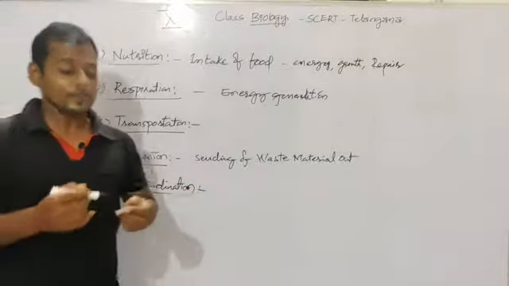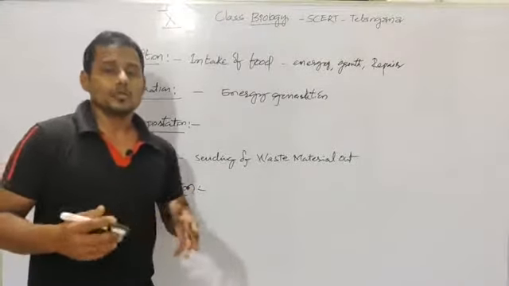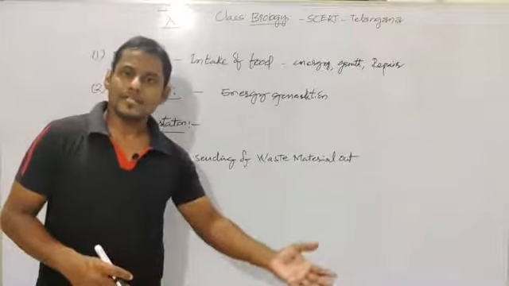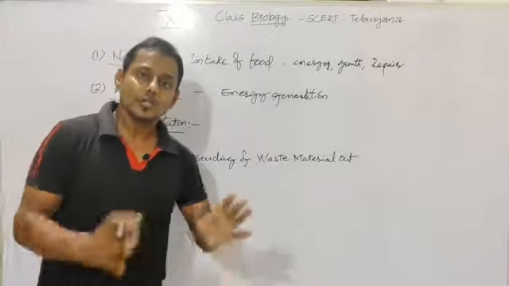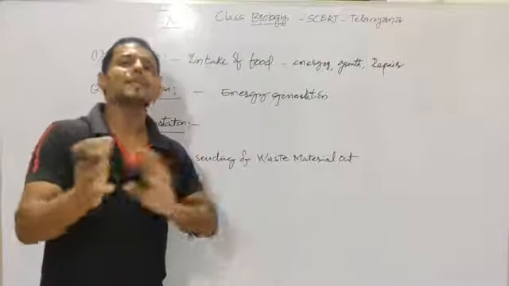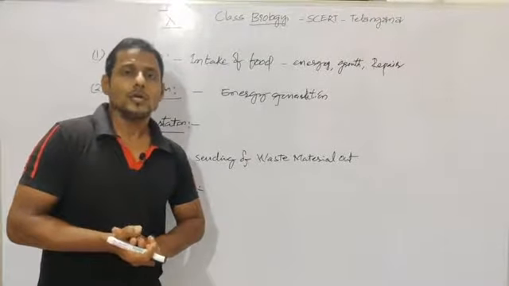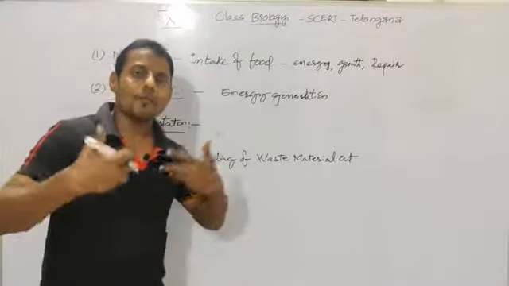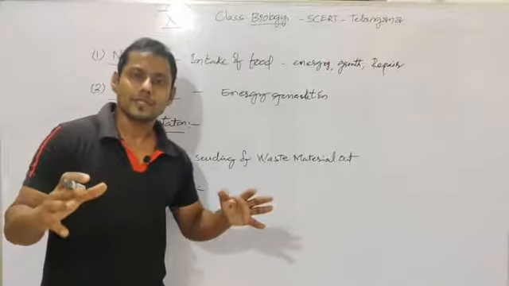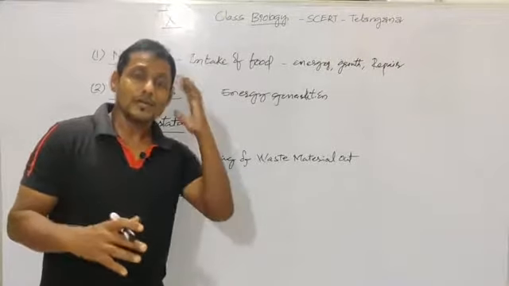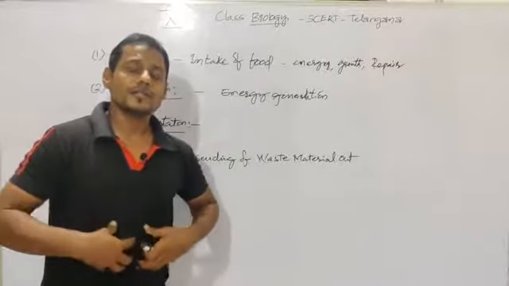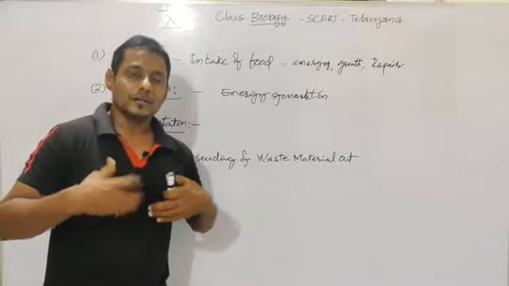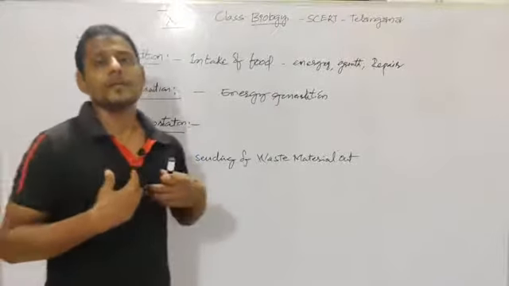So do you know what coordination means? Generally we say that if your friend needs something, you should help them. If you need something, your friend is going to help you. So this is called coordination. So moving by understanding each other, right? In the same way, in our body also, so many organ systems are present, isn't it? Like the neural system, circulatory system, digestive system, respiratory system, reproductive system.